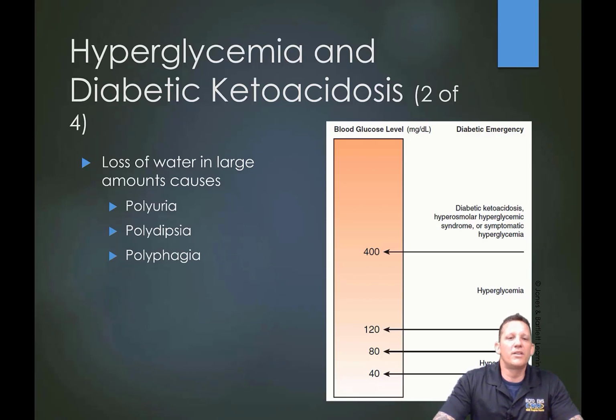So remember the polyuria, right? That's the consistent and continual urination. They're needing to get rid of the fluid so that they can get rid of the sugar. The polydipsia is where they're drinking just as much fluid as they can get in to try to thin that bloodstream out and use the water to help kind of void the body of the sugars. And the polyphagia, because the body is no longer able to actually get that sugar out of the bloodstream and into the cell. So the cells are triggering that sense of hunger, which is ghrelin, and the body is sensing that it's starving, so it's quite literally trying to make you eat, even though you've just eaten,